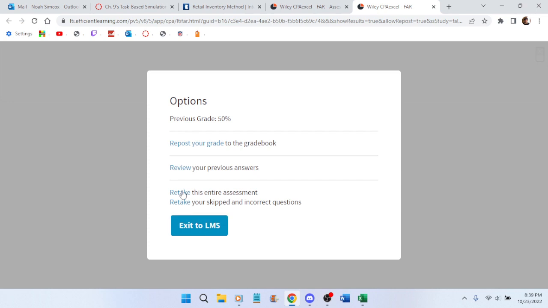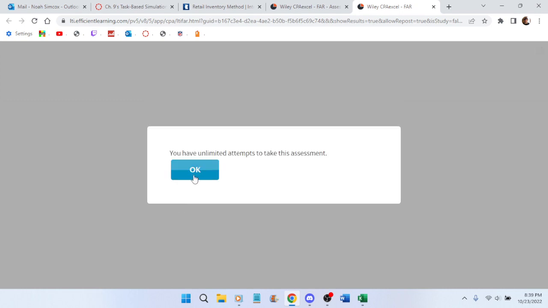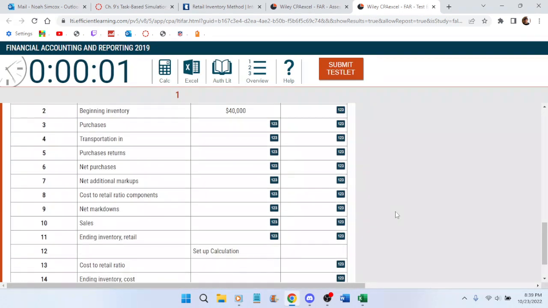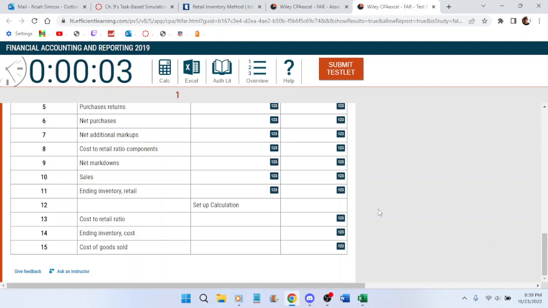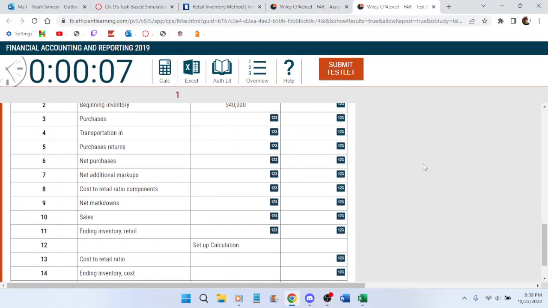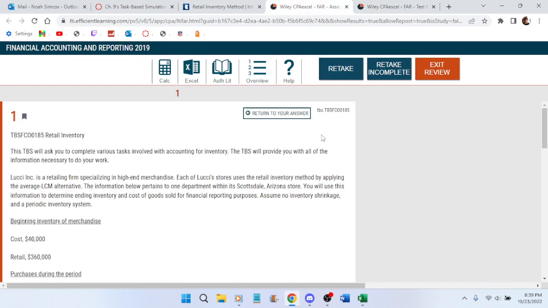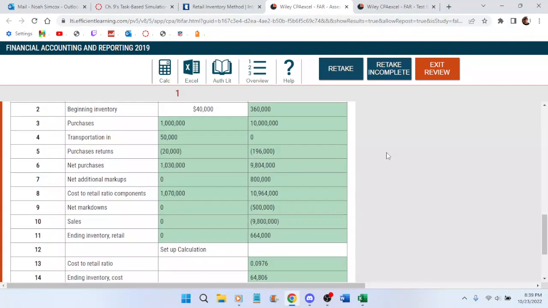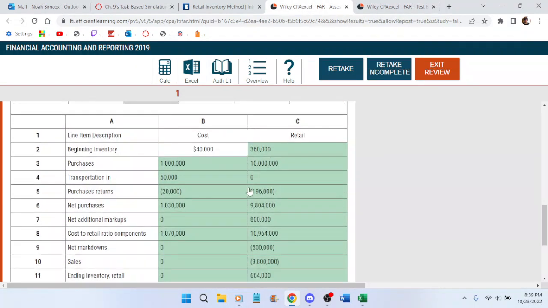Retake. Can I just retake the incorrect part? Thank you. So this is nice because... seriously, come on. Fine. That's fine. I'm copying the answer because I know how to do the whole thing.